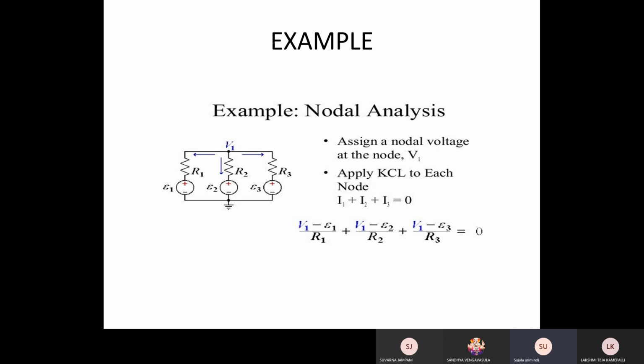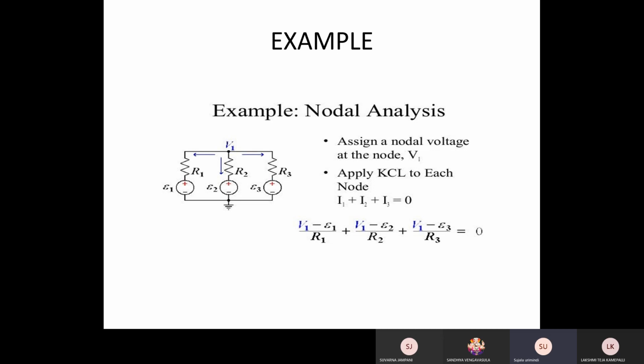Why am I saying that V1 is a node here? I am not putting this node here because this is not a node. Whenever there is a node, two or more elements must meet at one point. Only if they meet at one point will it be a node. But here there is no node. So when you put it here, then it will be a node. So R1, R2 and R3 must meet here at one node.